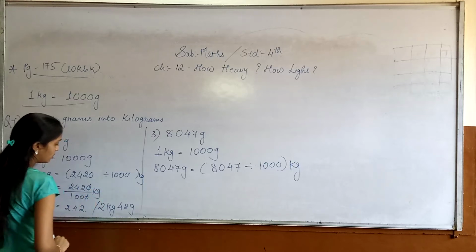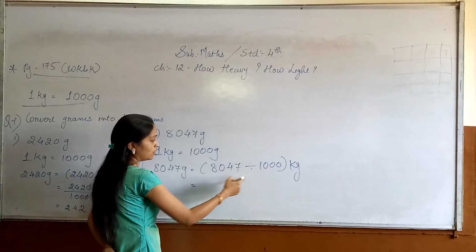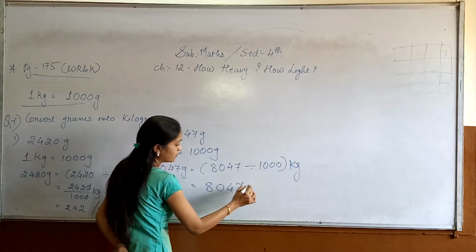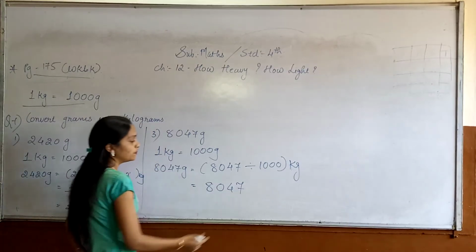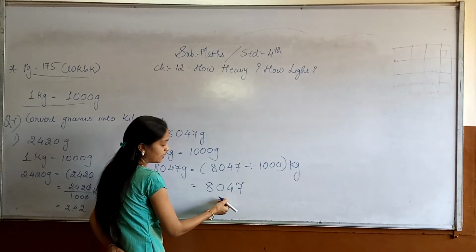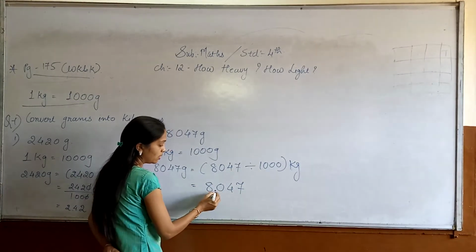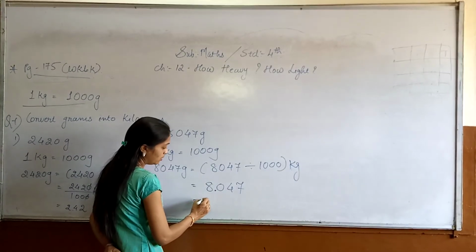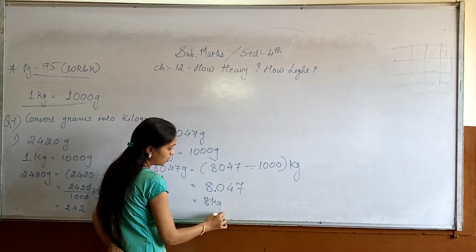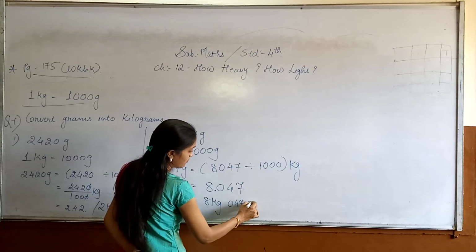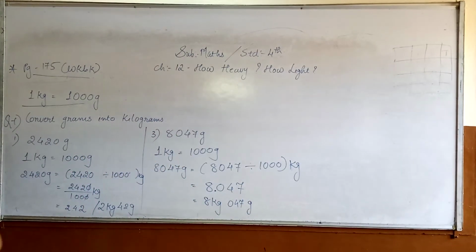converting this. So here it is, see. 1000 के साथ डिवाइड करना है तो हम क्या करेंगे, see, 8047. So पीछे से हम बैक साइड पे 3 स्टेप आगे जाएंगे 1, 2 and 3 and we put the dot. डॉट के आगे का जो नंबर है उसको हम केजी बोलेंगे, 8 kg and 47 grams. This way you can solve the rest of this two. You have to solve by your own self.